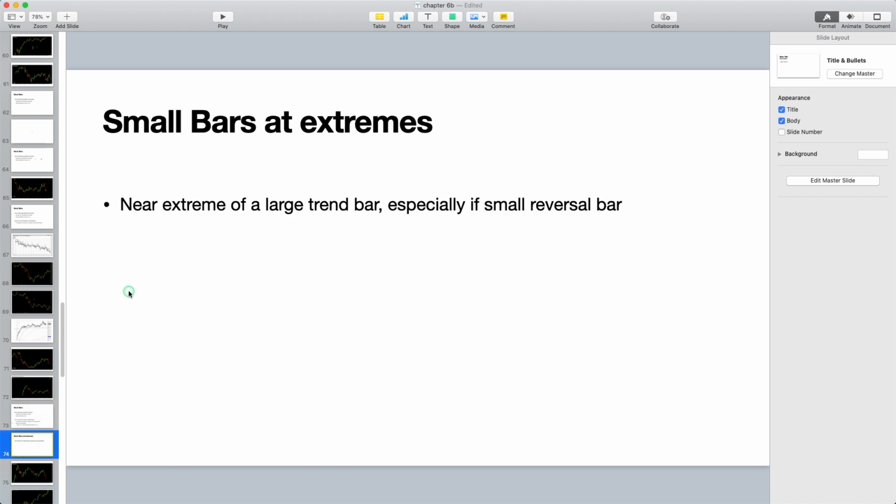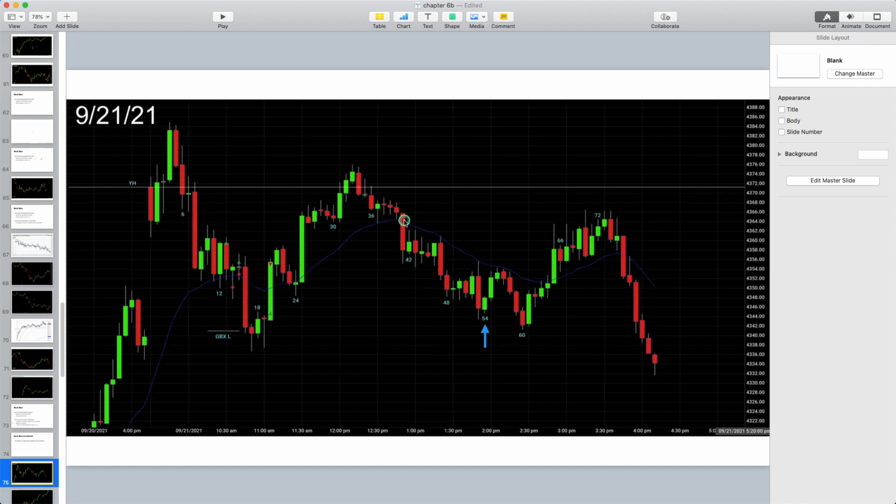So first we're going to talk about small bars at extremes of large trend bars. So here we have a spike in channel. On the third push, we have a large breakout bar. It's coming after a tight trading range. So we have a tight trading range, a third push down, a large bear breakout near the bottom of a trading range day,